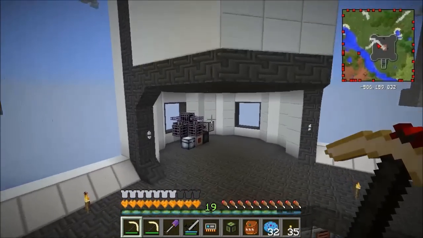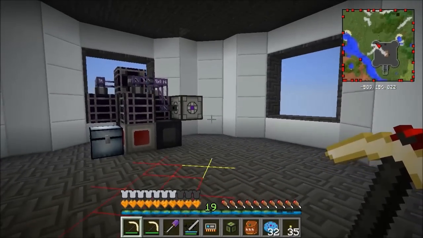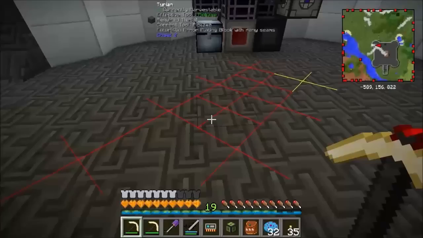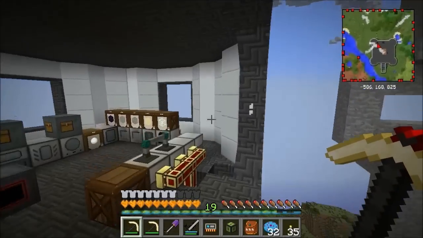I've put lighting in these corners using glowstone, but of course it's not actually making things safe. So things could spawn if the magnum torch wasn't there. But I can get rid of these torches, make it look a bit nicer. So what I'll do now then, if I go into here,